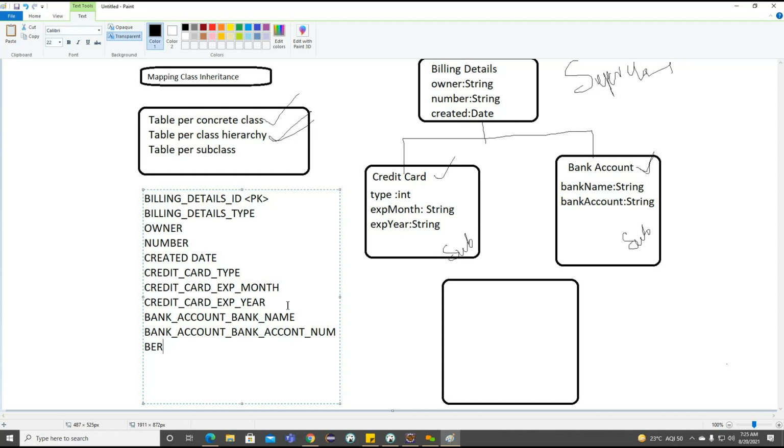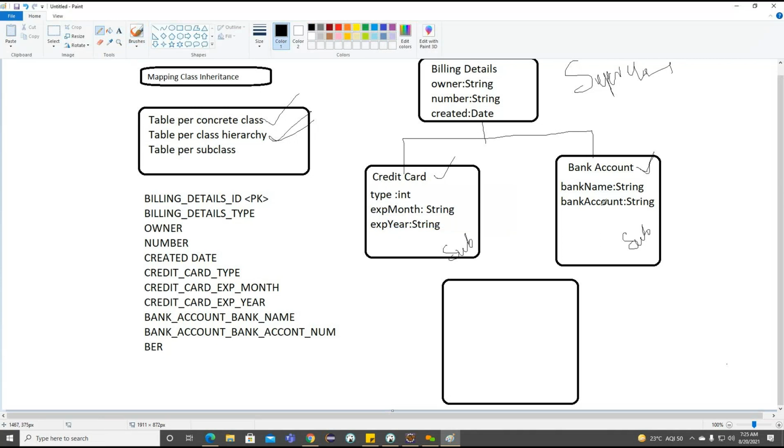But we need to understand that we cannot make a not null constraint here. Why can't we make the not null constraint? Because we are going to work on only one table. For example, when we work on only the credit card information, the bank details may be null. Because of this, we cannot use the not null constraint. This is very important. But how are we going to work on this discriminator column here?